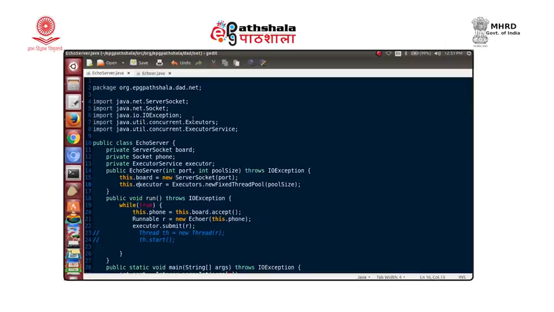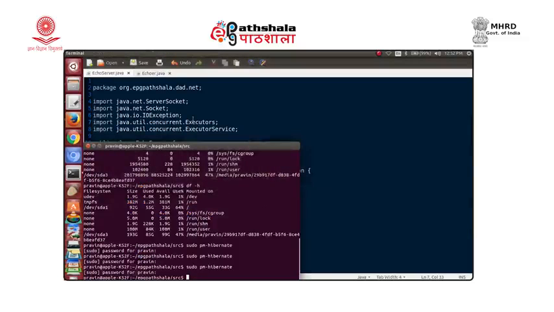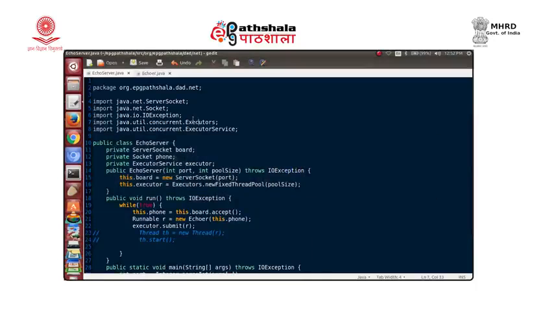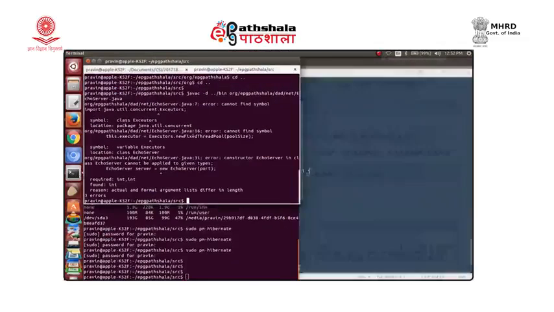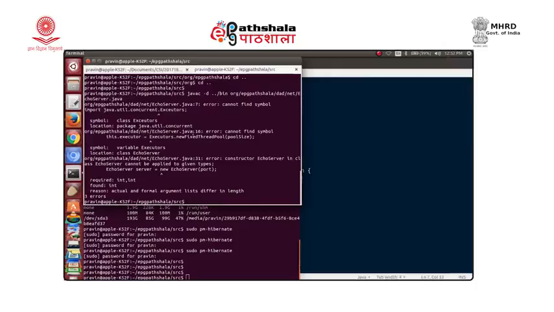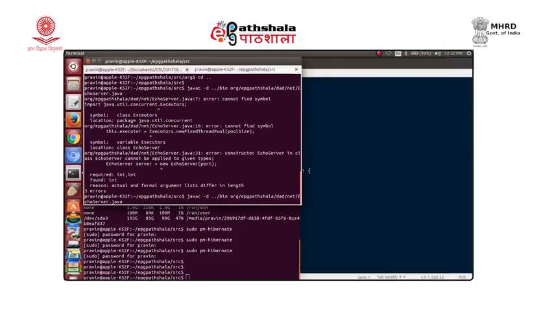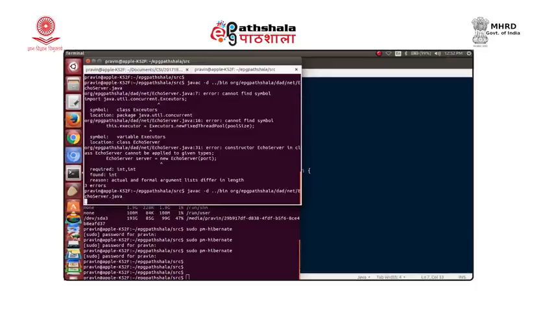Let us recompile. Another thing is, when we create the EchoServer, the constructor has changed, recollect the change in the constructor.